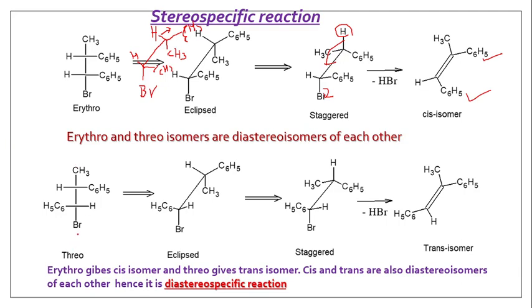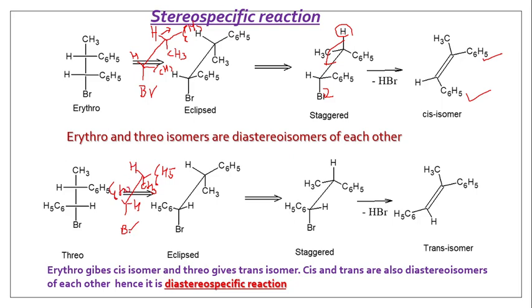Then next, threo. In threo, the hydrogen or phenyl groups are towards opposite sides of each other. So I have written this molecule in eclipsed form in the same way. Br over here, CH3 over here. So like simply drawing a central carbon-carbon single bond. Then this group Br. Then this CH3 can also be written over here, CH3. And simply this C6H5 over here. And here the hydrogen atom. And similarly here it is hydrogen and here it is C6H5.